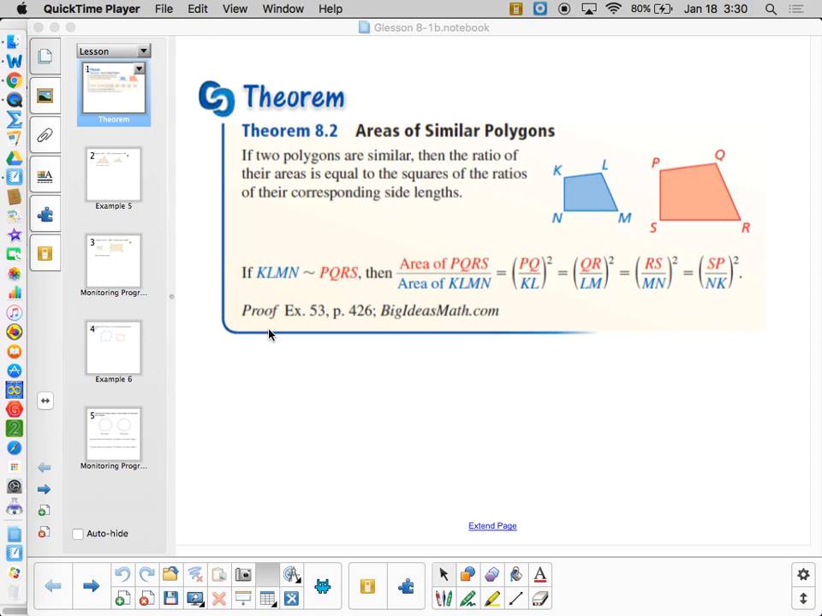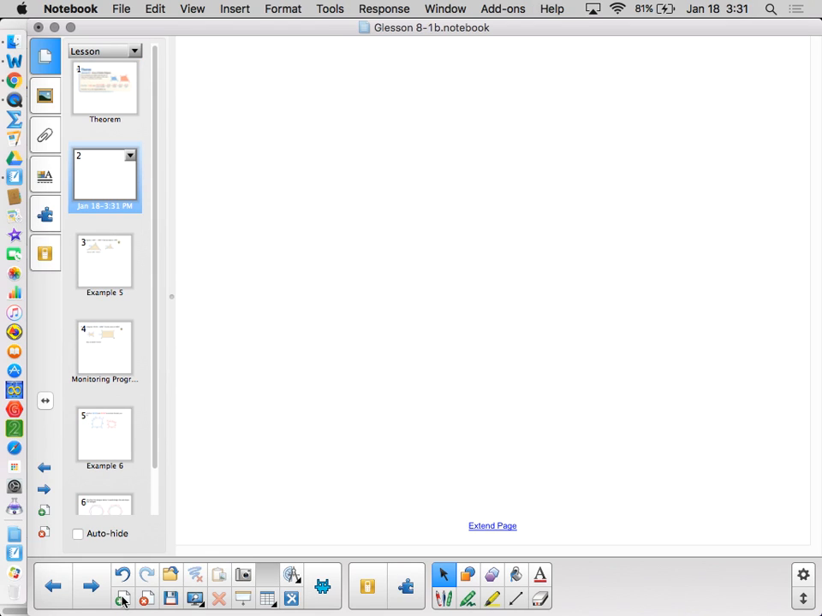Second part of section 1 expands the idea of similarity beyond just lengths. Now we're going to talk about the area of similar figures. Now, just to motivate this a little bit more, let's take a very simple